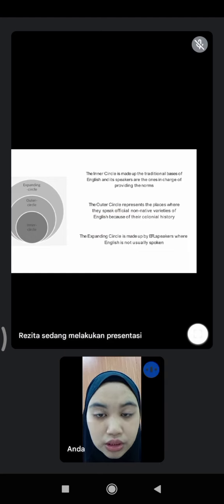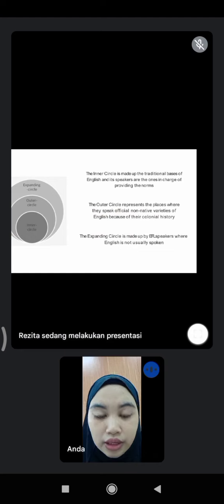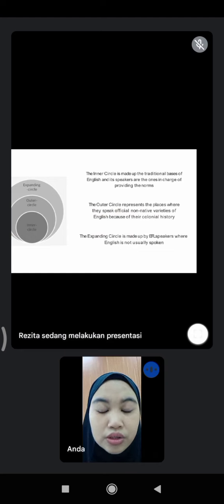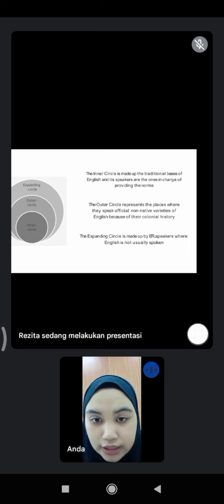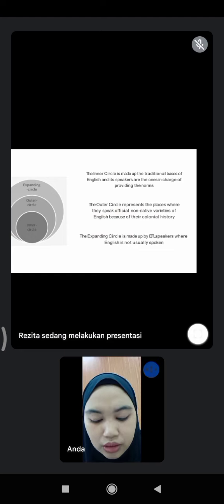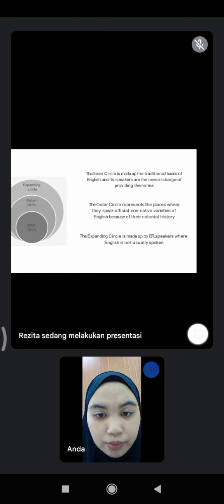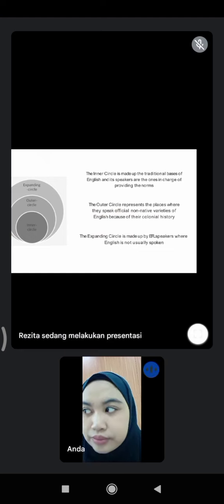The inner circle means English as a first language, like USA, United Kingdom, and Canada. The outer circle is English as a second language, like Malaysia and India, and the expanding circle is English as a foreign language, like China, Brazil, and Indonesia. Next,